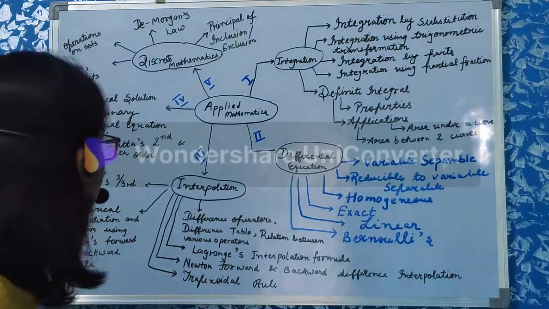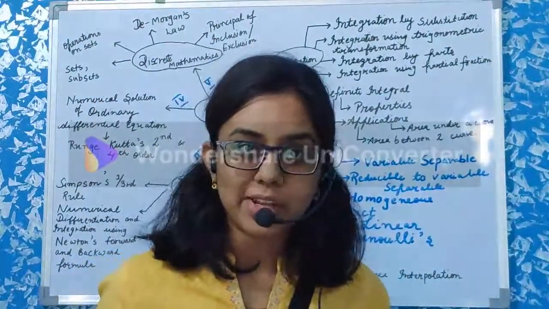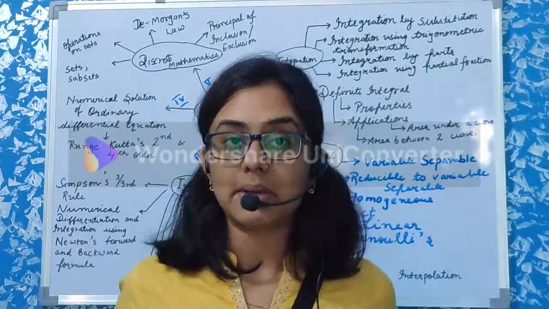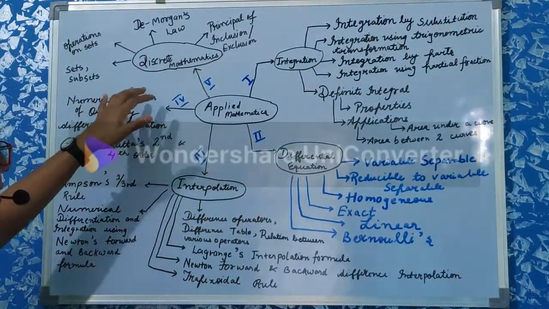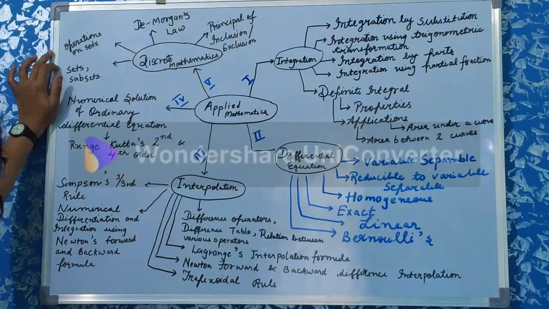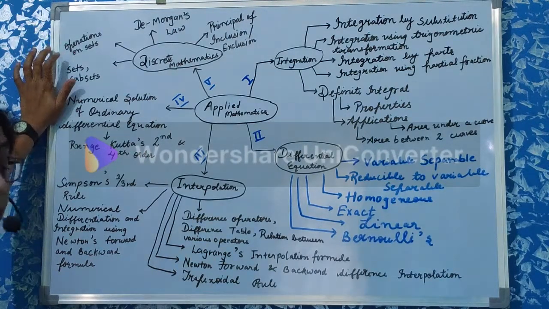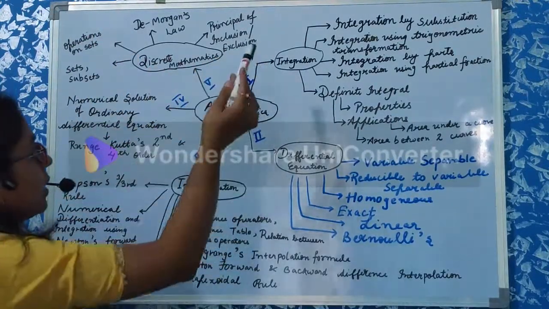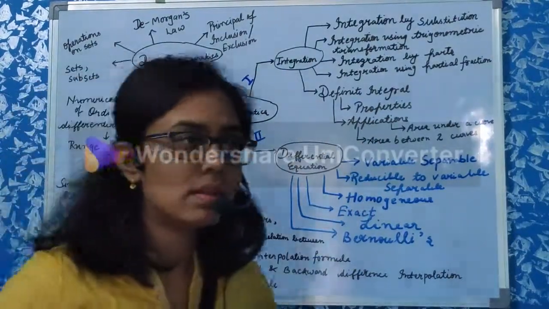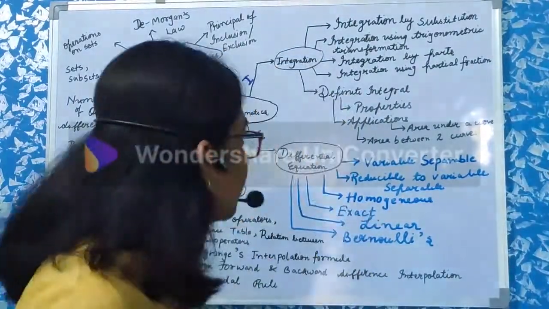Now, the last unit is a completely different subject in the computer science domain, which is discrete mathematics. Discrete mathematics will consist of topics like sets and subsets. You might have studied it, I don't know if you have a basic idea of it. Operations on sets, De Morgan's law and principle of inclusion and exclusion, and we'll be solving basic problems based on inclusion and exclusion.